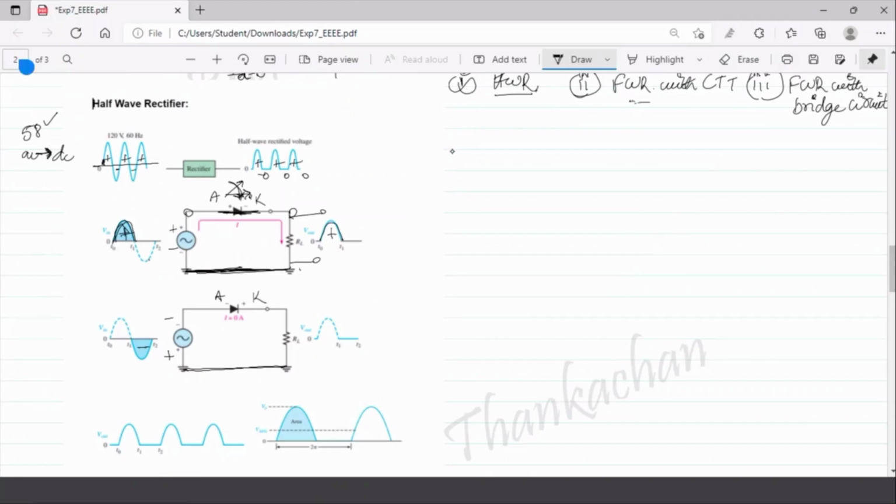As a result, it behaves as an open switch. No current flows through this. As a result, the terminal voltage across the load will be disconnected from the source here. If it is disconnected from the source, what will this voltage be? This voltage will be 0 volt. It is not getting any voltage from any other point, is it? This is isolated now because it is disconnected.